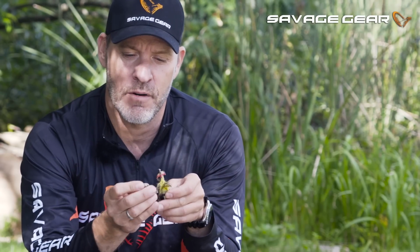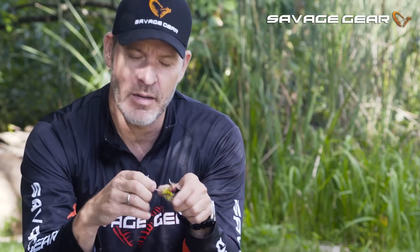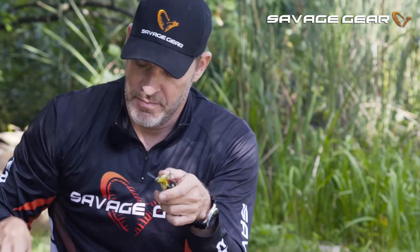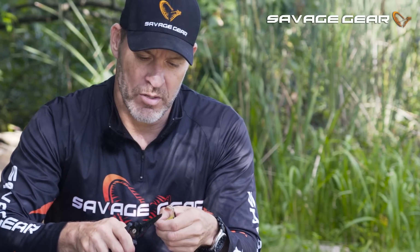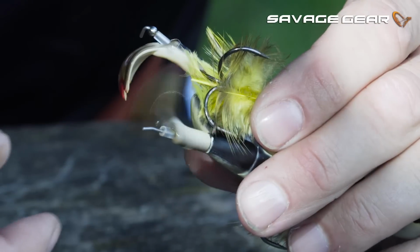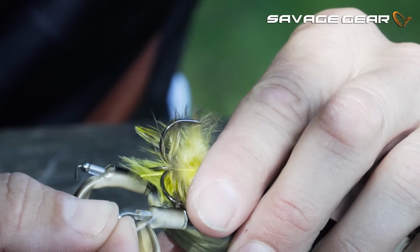When you put the foot back on here, you just put it over the wire and you put the little metal bead back on before you actually bend the wire back in position. I'm just going to straighten out the wire perfectly so it runs nice and easy back into the leg here. And once that's done, you're ready to fish again. So you put the bead back on,